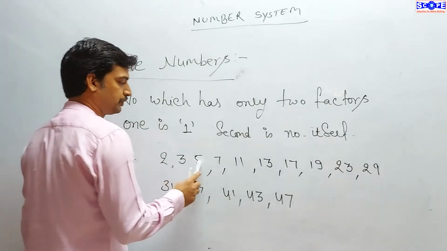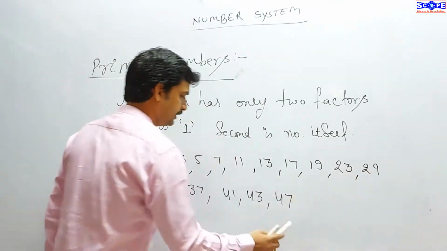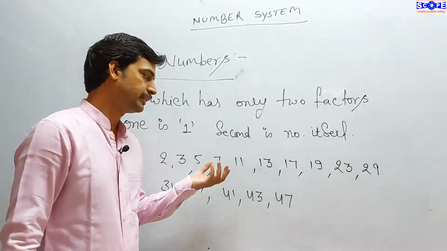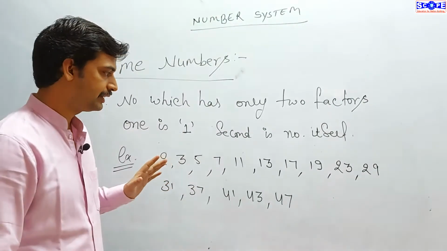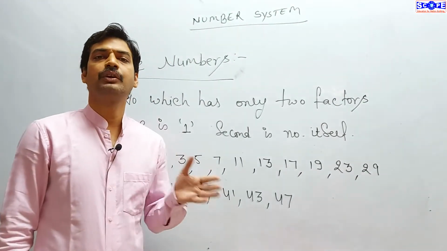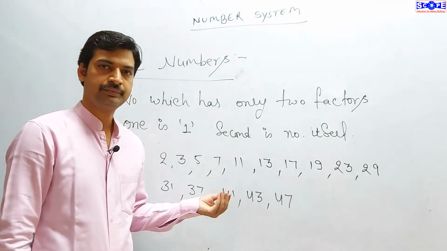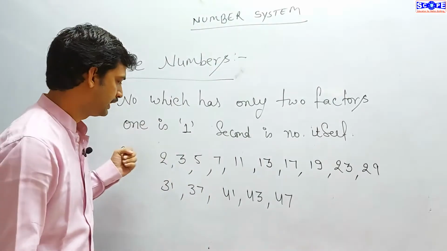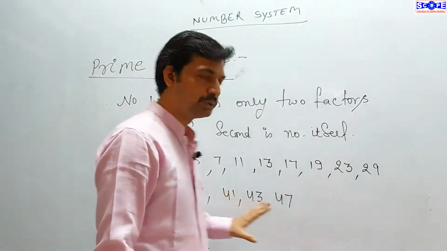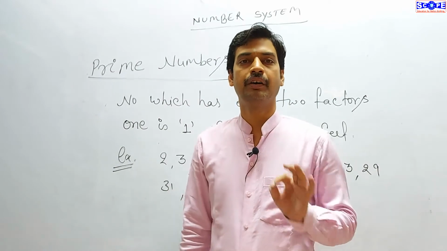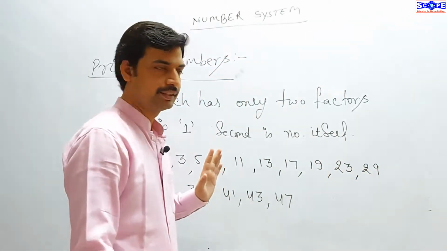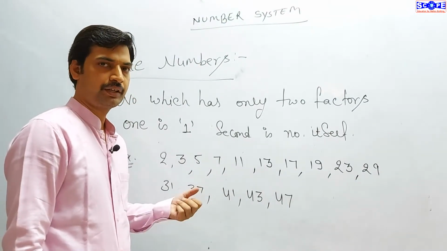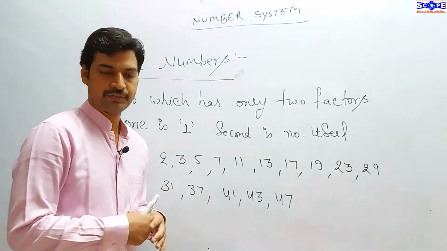Count them: 1, 2, 3, 4, 5, 6, 7, 8, 9, 10, 11, 12, 13, 14 and 15. So these are 15 prime numbers till 50. A question can be asked directly: how many prime numbers are there from 1 to 50? You need to know this one. The answer is 15. Clear? Now, here comes your homework. You need to find out the prime numbers till 100. How many prime numbers are there from 1 to 100? From 1 to 50, you know that. You need to find out those from 50 to 100 and the total.